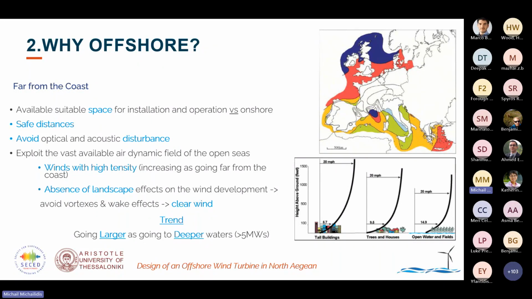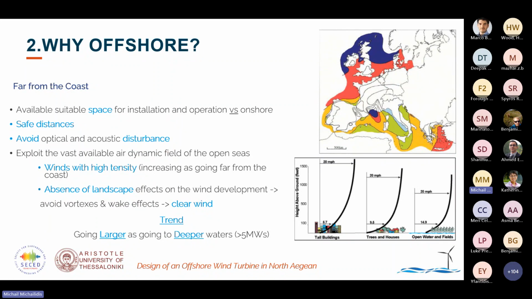You can see on the bottom right hand that the effects of the landscape from a rural environment and a city environment are becoming less significant in the offshore environment. So we can reach the required wind speeds in a smaller construction height. This brings the benefit that the total height of the structure becomes shorter than the one that we should have onshore.